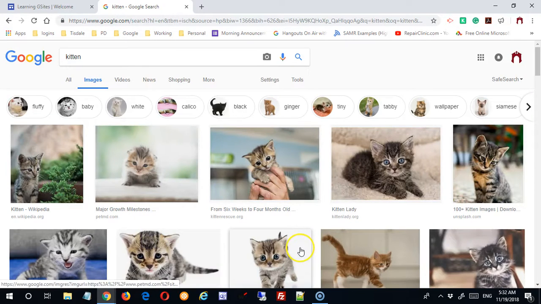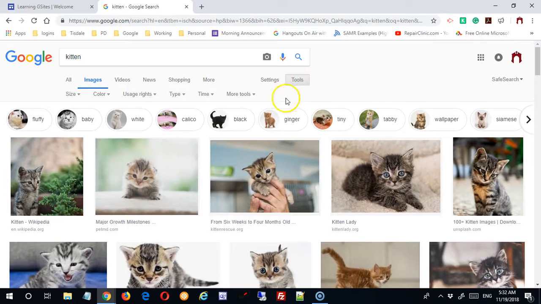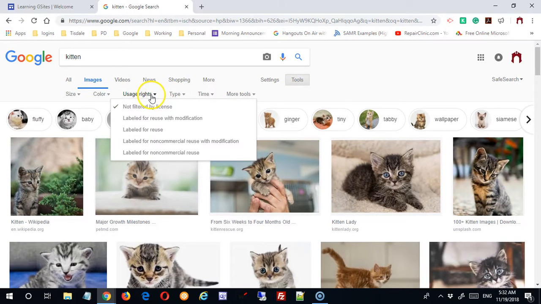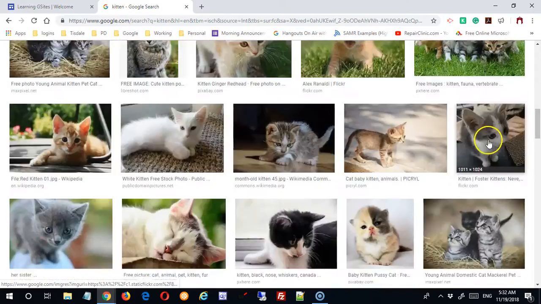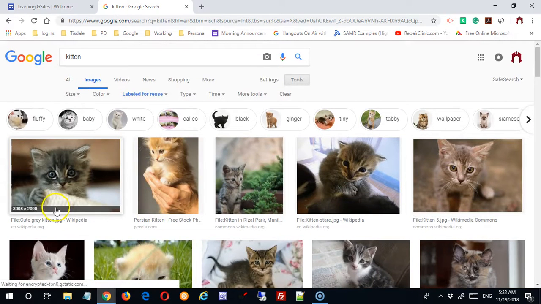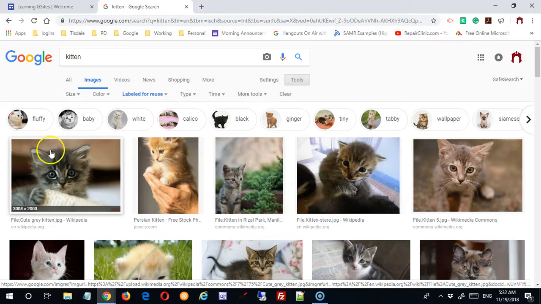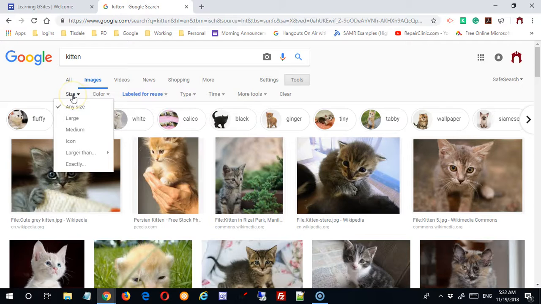So I have all these nice pictures here. However, a logo is generally small. Now you're welcome to try a larger picture. You should probably go to Tools and check usage rights. So I'm going to come in here and I'm going to say labeled for reuse, so I'm not violating somebody's copyright. I still get lots of pictures of kittens. And I could use one of these, but you can see mousing over, this is a very, very large image and not necessarily the most efficient to use. I mean, I can try it and see, but one thing I can do